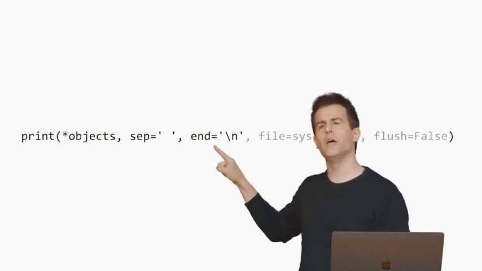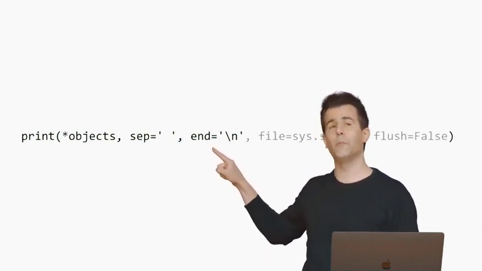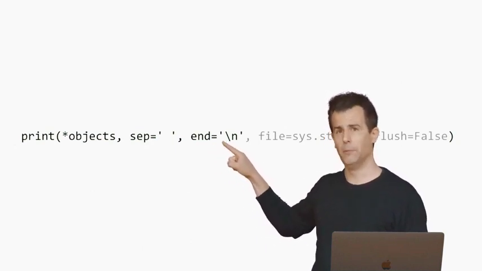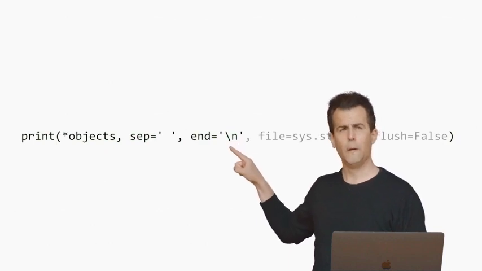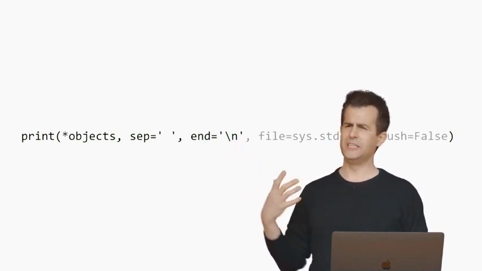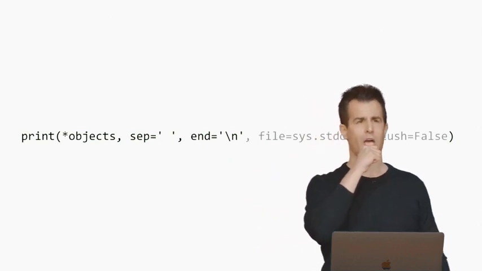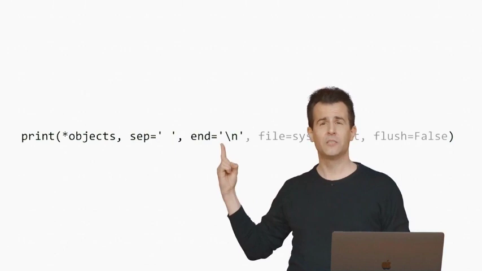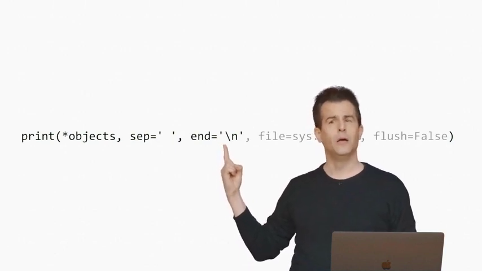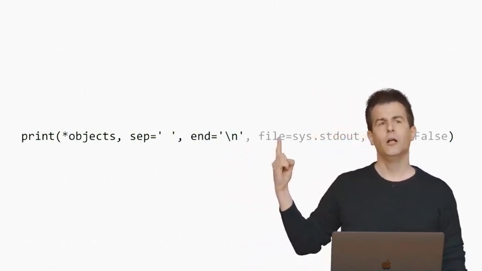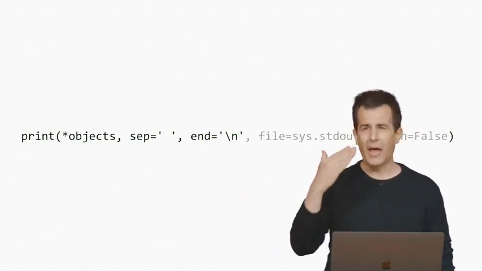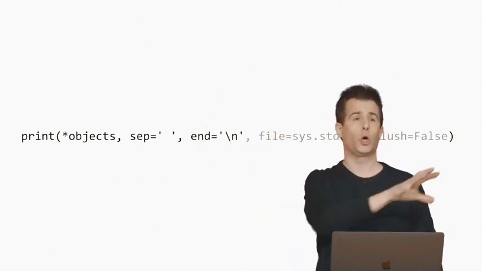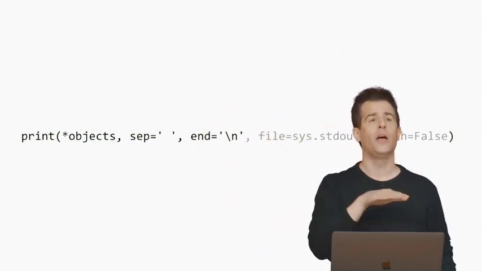Let's focus, though, for a moment on this. The print function takes another parameter called end, and the default value of that parameter is apparently, based on this equal sign and these quotes, \n. And what is \n, if you'd like to chime in the chat? Anyone who's programmed before has probably seen this, though if you've never programmed before, this might look quite cryptic. \n means new line. And it's a way textually of indicating if and when you want the computer effectively to move the cursor to the next line, create a new line of text.